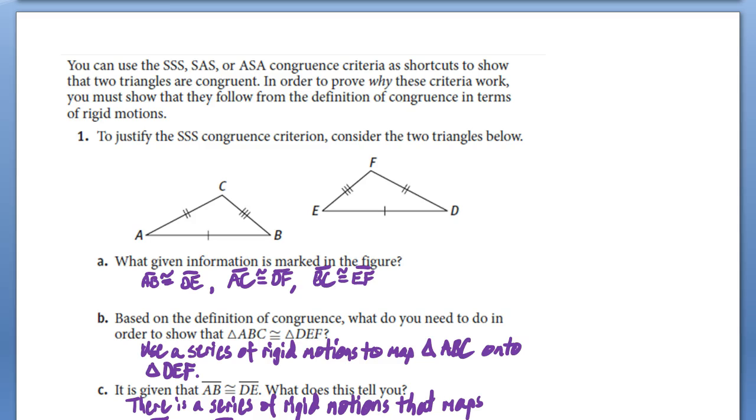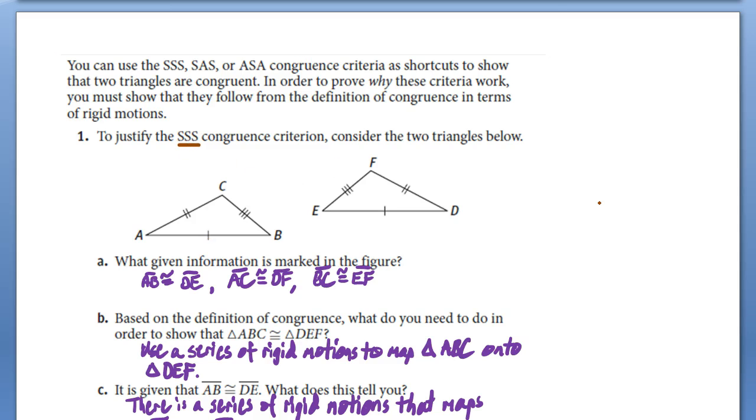You can use the SSS, SAS, or ASA congruence criteria as shortcuts to show that two triangles are congruent. But in order to prove why these criteria work, we have to show that they follow from the definition of congruence in terms of rigid motions. So number one, let's justify the SSS congruence criterion using these two triangles. We have triangle ABC and triangle DEF, and notice how we have those three pairs of congruent sides,